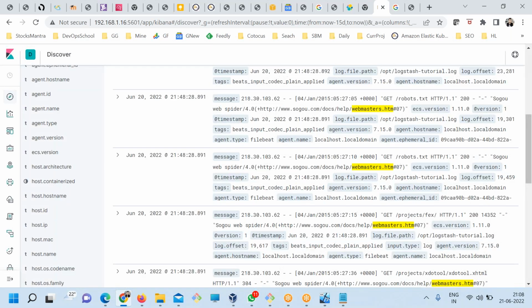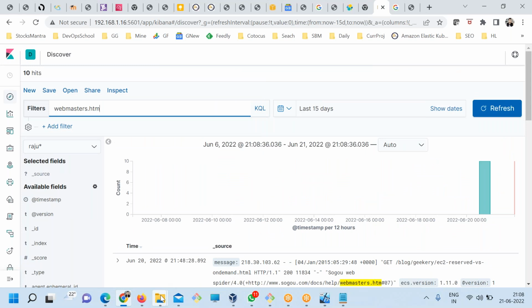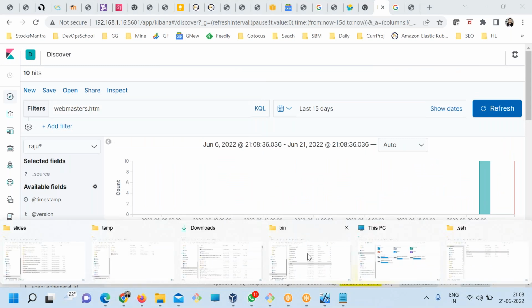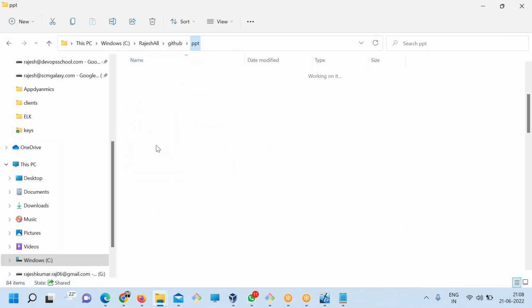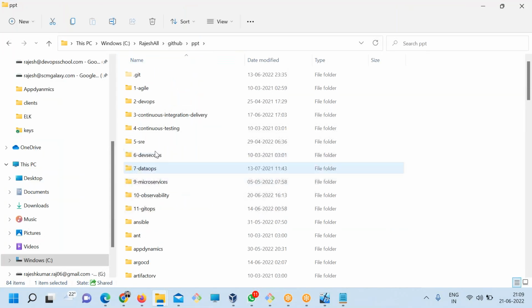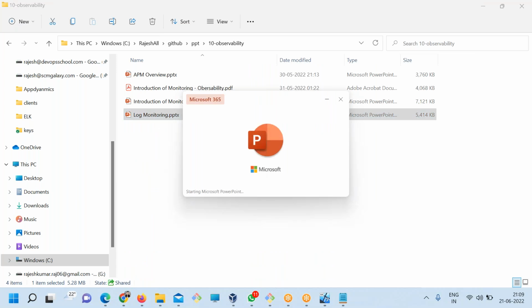So now, what do you want to search for? I think in the log discovery sessions, I did discuss what to search for. I'll show you what to search for to begin with. You can search for anything, but there should be some starting point, right? So the starting point would be